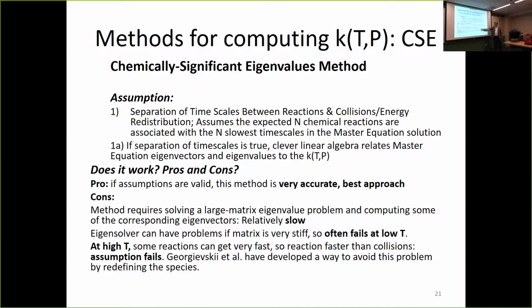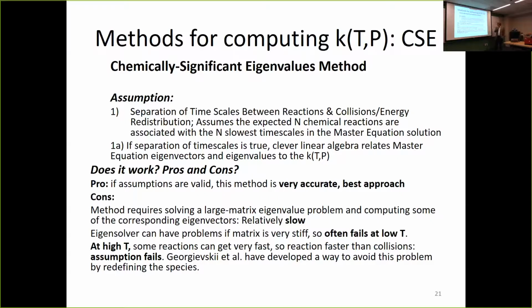Another problem is that the eigensolvers that solve these eigenvalue problems have problems if the matrix is very stiff. And the consequence is that if you run this for a lot of cases at low temperature, you'll get non-physical rates. Not just that it'll fail and say, sorry, I can't calculate. It'll actually calculate it and just give you a wrong answer. In fact, it might give you a negative rate coefficient. It gives a lot of really crazy stuff because it's just numerical baloney. So this is quite alarming from a robustness point of view,